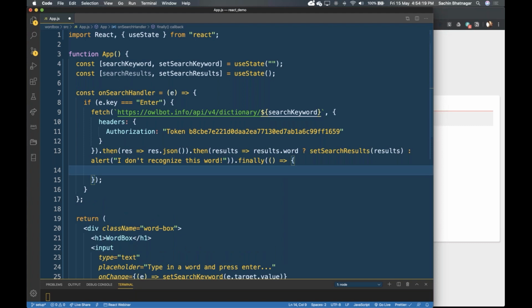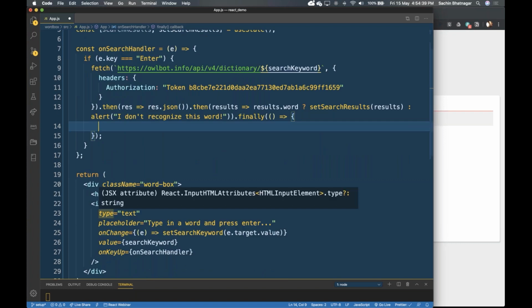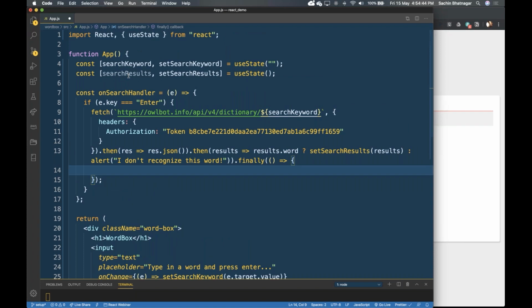So you type in a word, you press enter, and it performs the search, and then it should clear out the word so that the user can type in another word and perform yet another search. And in this case, because we bound the input element, we set up a connectivity of our input element's value with the search keyword. All you have to do is set the search keyword to blank,